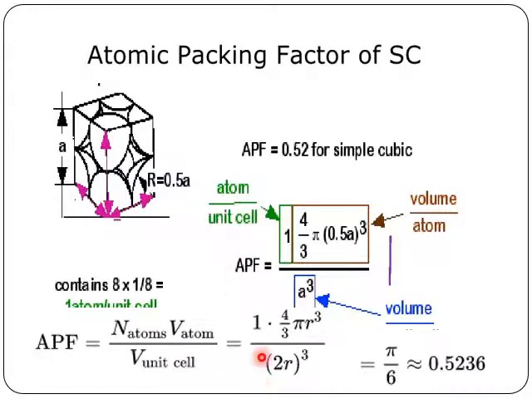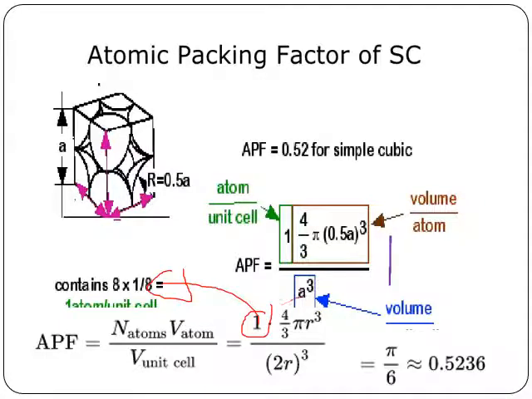So what all do you need to remember? First thing, you need to say what the atomic packing factor is. Atomic packing factor is defined as the volume of atoms divided by the volume of a unit cell. Volume of atoms can be written as the number of atoms into the volume of an atom, divided by the volume of a unit cell. The number of atoms is nothing but the effective number. For a simple cube it can be calculated using this, where there are 8 atoms which are shared by 8 unit cells, 8 into 1 by 8. So you are going to get 1 here.